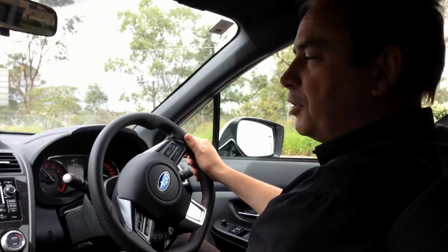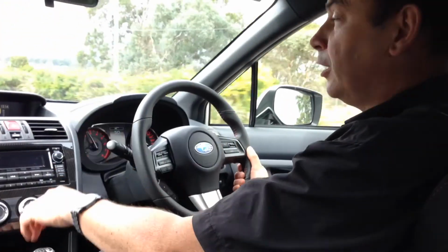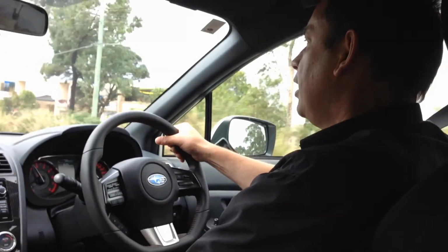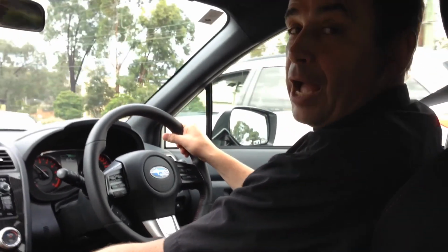The torsional rigidity of this body compared to the previous model is significantly improved, which then will relate to improved handling, and I've noticed that just in driving the car myself. The spring and the shock rates have been substantially improved by a major amount compared